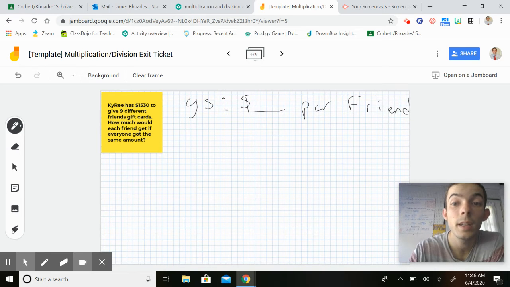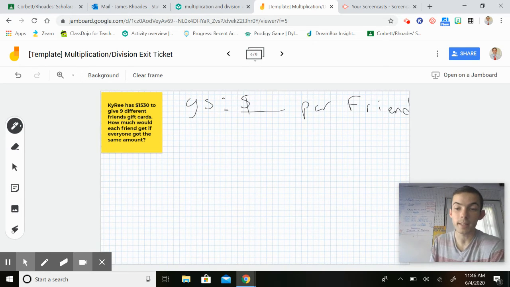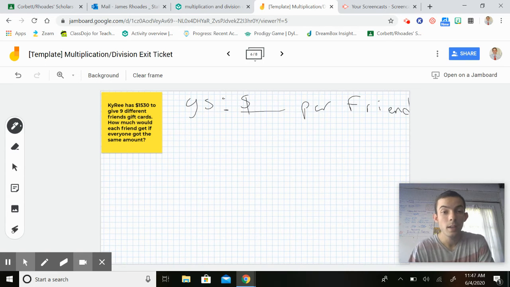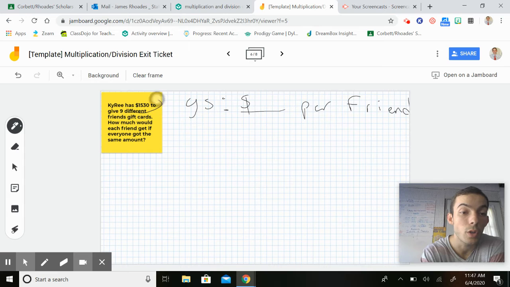As long as you remember, you can't just say, well, you could say blank dollars each, but we're writing dollars per friend, because it's important to remember what is happening in this problem. A lot of kids are going to look at this: Kyrie's got this much money, she's going to distribute it equally between 9 people, and they're not going to think about it. They're going to multiply, and then somehow Kyrie's going to be giving out 9 times that amount to every friend. She's going to be in debt. You can't do that. So here we do know our total, and we are working with equal groups, so we